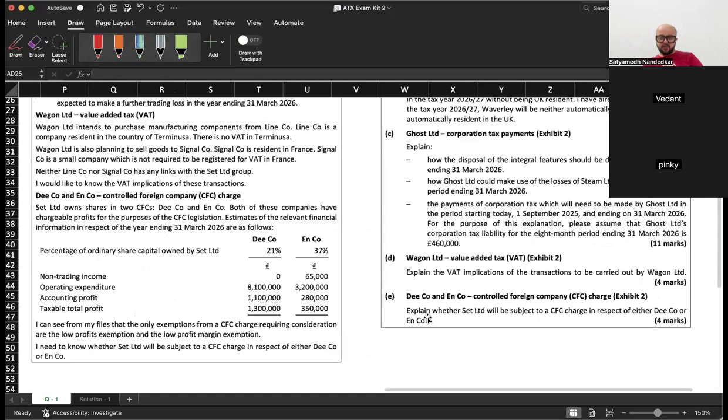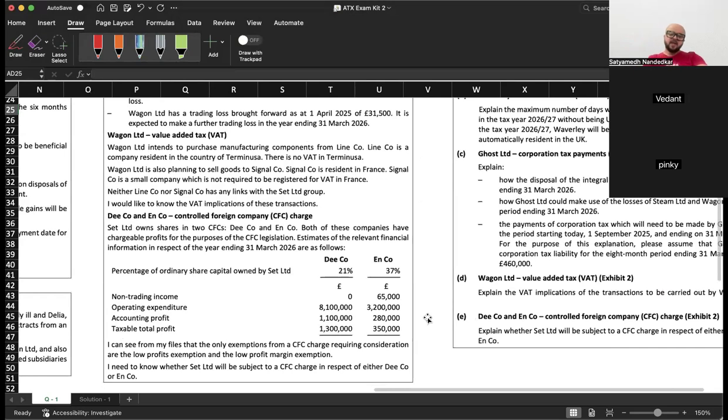ठीक है, now last part of the question is D Limited and N Limited controlled foreign company CFC charge। ठीक है, Set Limited owns shares in two CFC, D company and N company. Both of these shares have chargeable profits for the purposes of the CFC legislation. Estimates of the relevant financial information in respect of the year ending 31st of March 26 are as follows। ठीक है, डी कंपनी, एन कंपनी, परसेंटेज ऑफ ऑर्डिनरी शेयर्स ओन्ड बाय सेट लिमिटेड, नॉन ट्रेडिंग इनकम, ऑपरेटिंग एक्सपेंडिचर, अकाउंटिंग प्रॉफिट, टैक्सेबल टोटल प्रॉफिट।